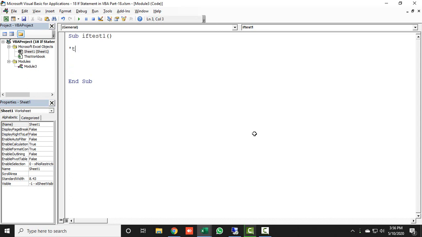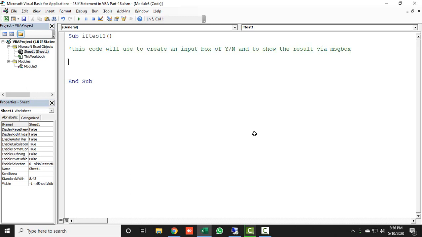So this time I'm writing this code will be used to create an input box of yes and no, and to show the result via message box. Any message you can just put over here as a comment for your coding.